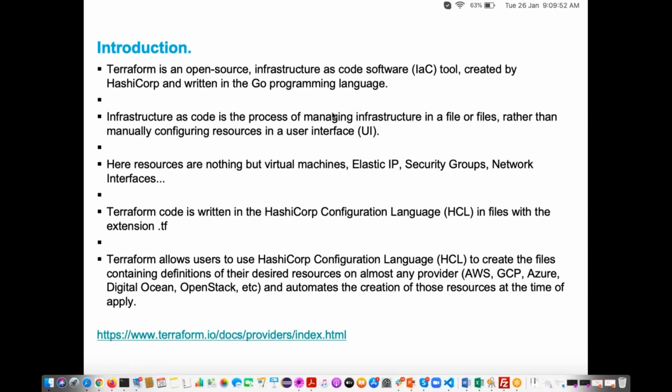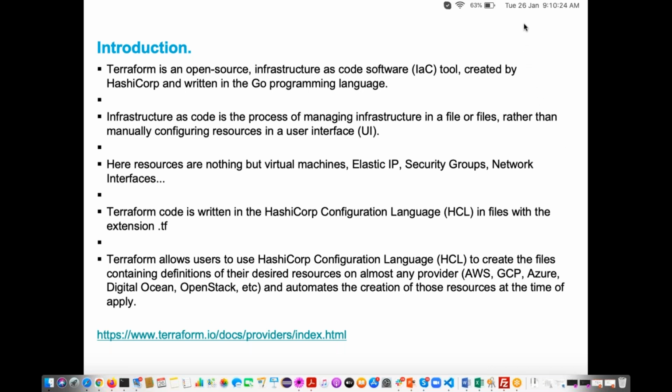So now we know that Terraform is infrastructure as code. We can automate our infrastructure creation using Terraform. What do you mean by infrastructure as code? Infrastructure as code is nothing but the process of managing infrastructure in a file or files rather than manually configuring resources in a user interface.